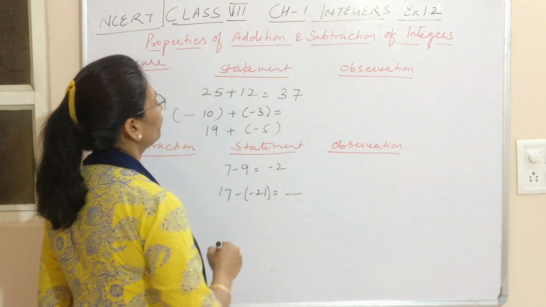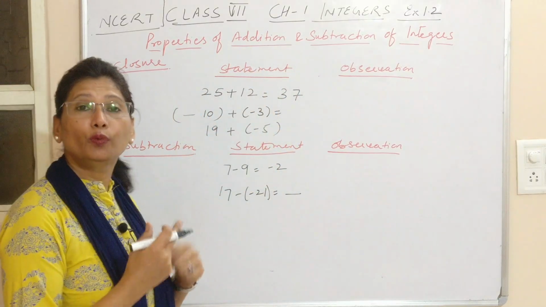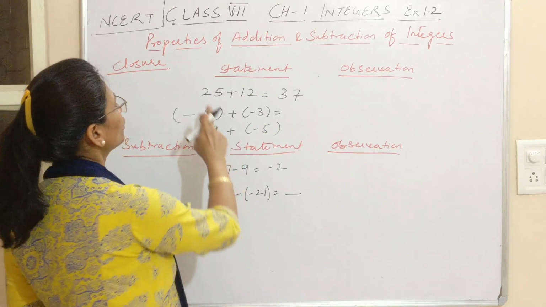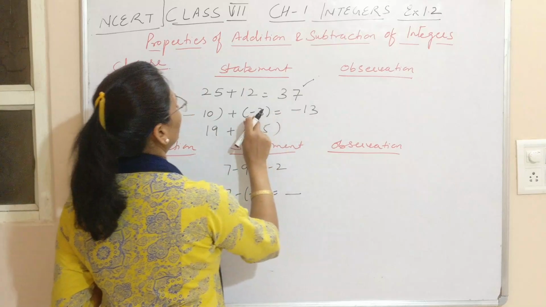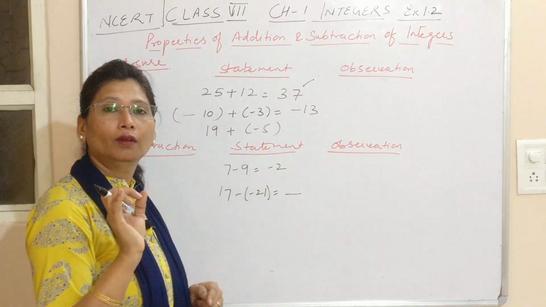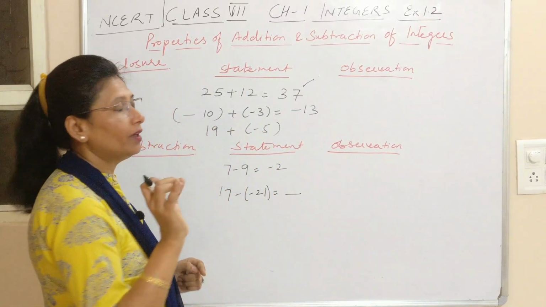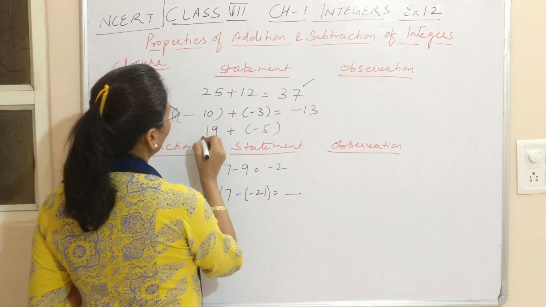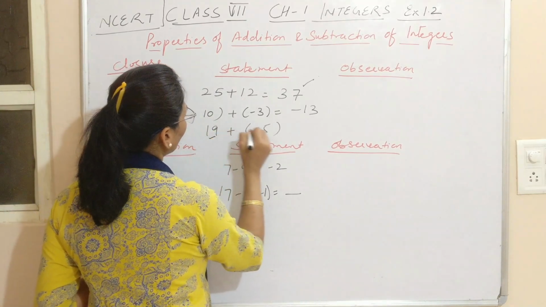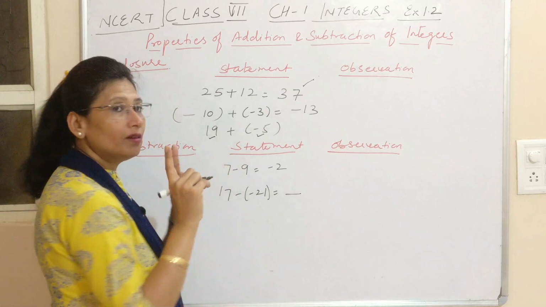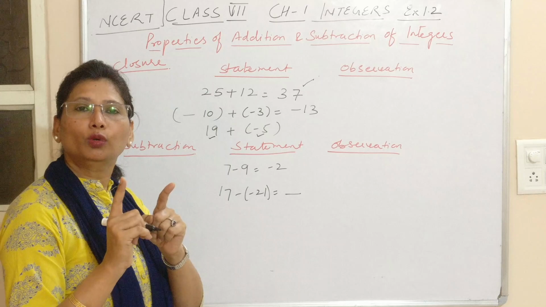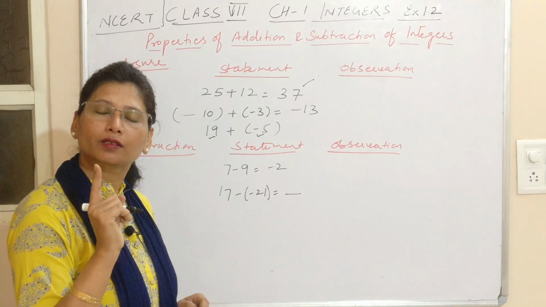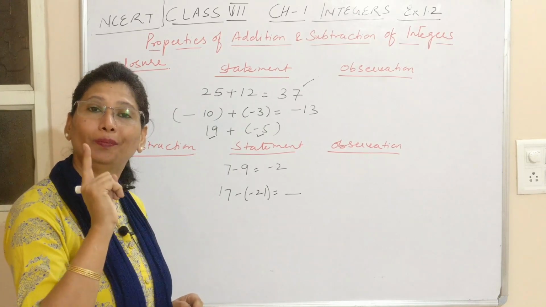As I told in my previous video, how do we add integers? If you are adding integers of the same sign, they are added and the result carries the sign of the integers which are being added. Now here we are adding a positive integer and a negative integer. So when there is a conflict, number one, we take the difference of the integers. Number two, what will be the sign of the result? The sign of the result will be the sign of the bigger number.